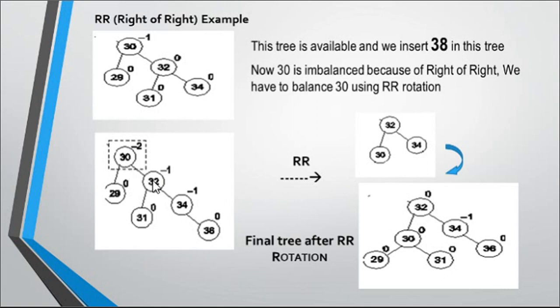So this is A and this is B. So B should be the root, A should be at left. So we'll see only these three nodes. So 32 and 34. So 32 will be the root and 30 at left, 34 is at right. Now 38 will be at right, then 31 which is less than 32 but greater than 30, so we have to add over here, and 29 we have to add to left. So this is the main part of RR rotation. So after RR rotation we will get this. Now in RR rotation we are rotating this root left.